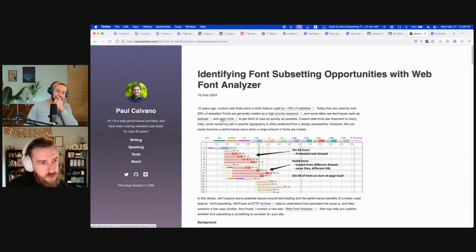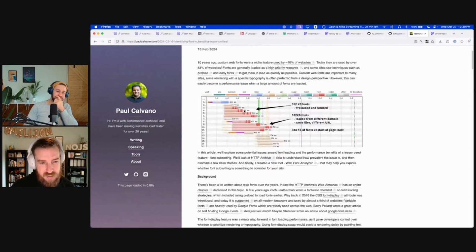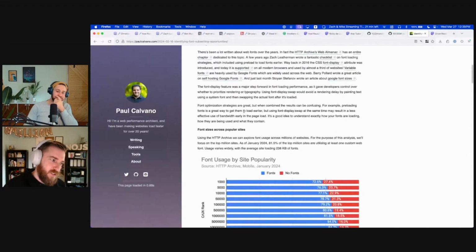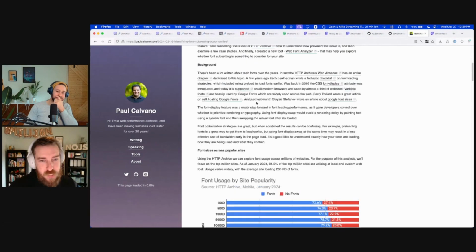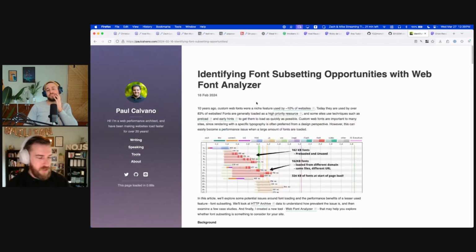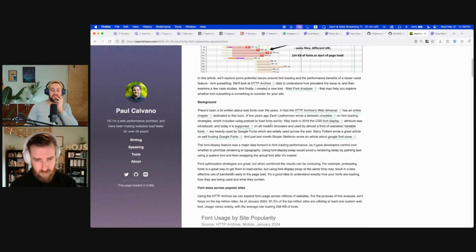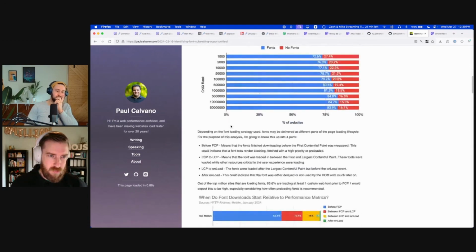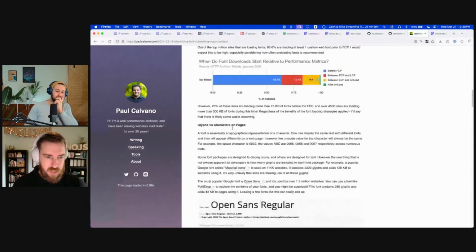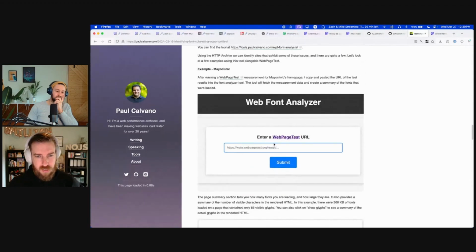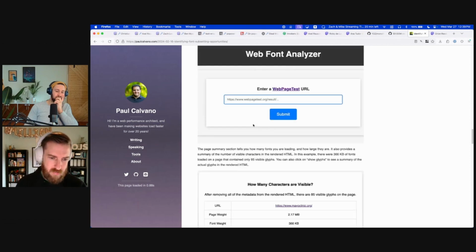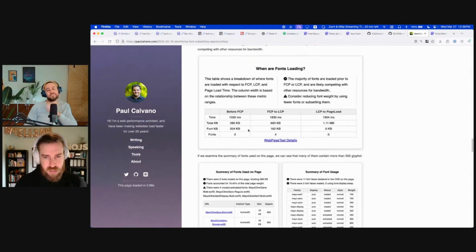I think we talked about some Paul stuff last week. Paul Calvano, they just make a ton of things. The tool we linked to of Paul's last week was around compression, Brotli compression, gzip, and Zstandard, the new compression algorithm. But they also have this one I thought was worth shouting out about font subsetting. They have a tool that will analyze your web fonts as well, which I think is great because it gives you an actionable way to say